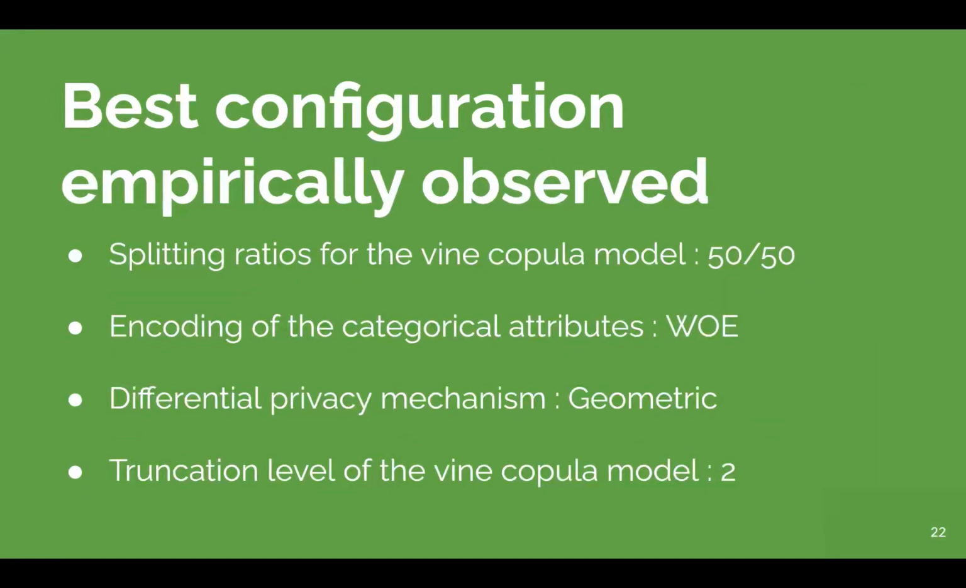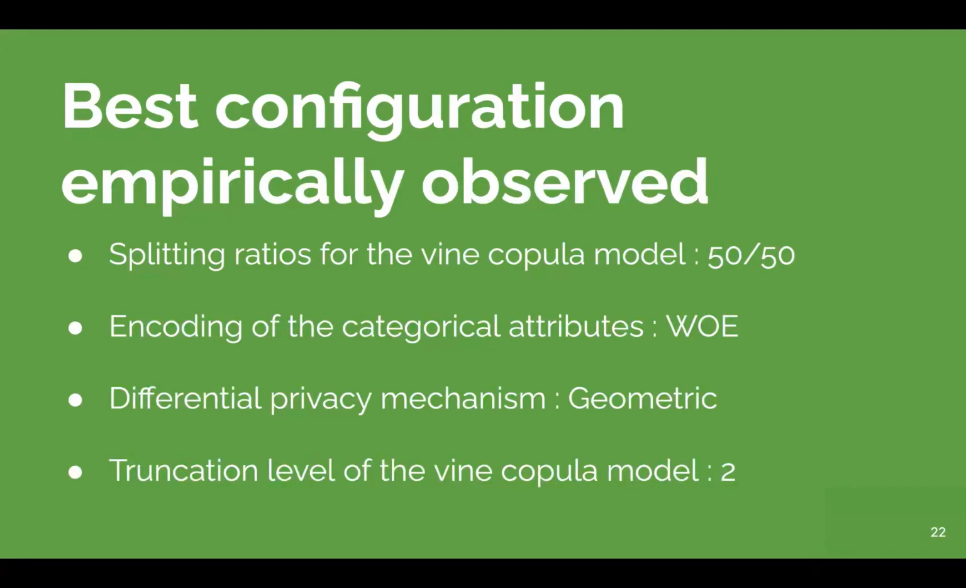The best configuration that we observed for the splitting ratio is 50-50. Well, there was no clear consensus, so we kind of used 50-50 here. For the encoding method for categorical attributes, we used the weight of evidence encoder. For the differential privacy mechanism, we used the geometric mechanism, as it is a refined version of the Laplace mechanism for discrete